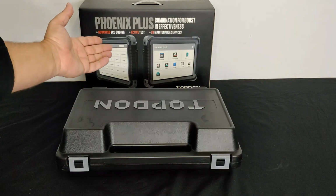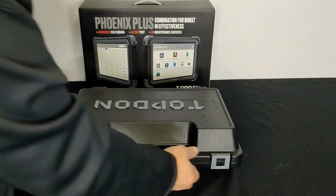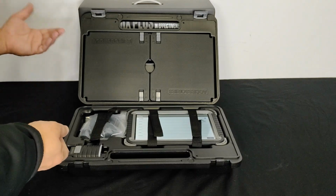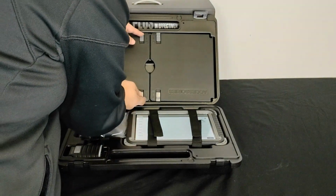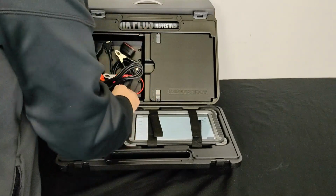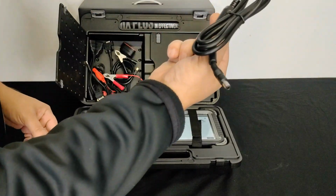So inside that nice box we get a nice hard shell case. This case has a couple of features that I've never seen, including these locking cabinets. So you push these in like this and now the drawers open, and you get a lot of different cables in here. So you get a car charger,